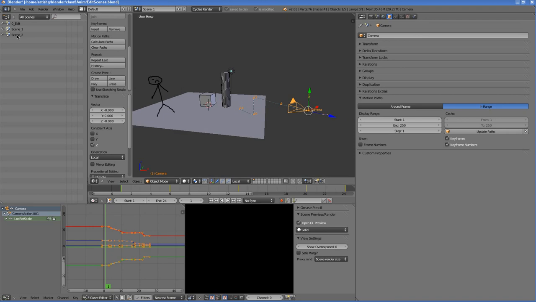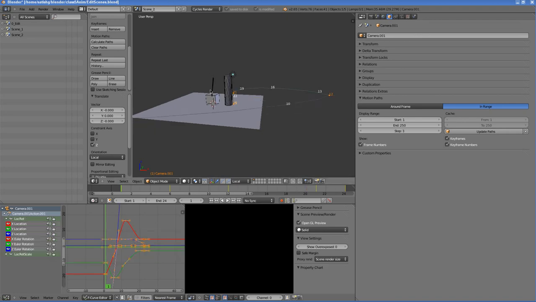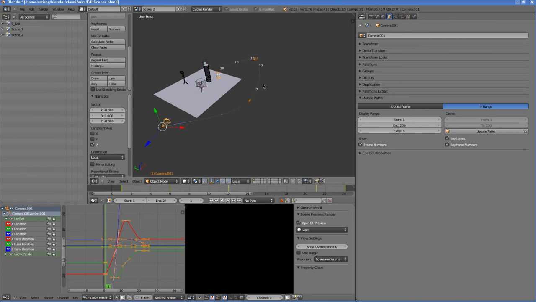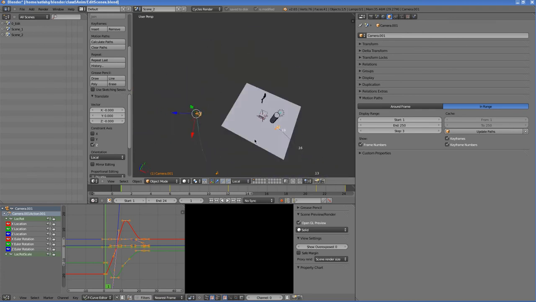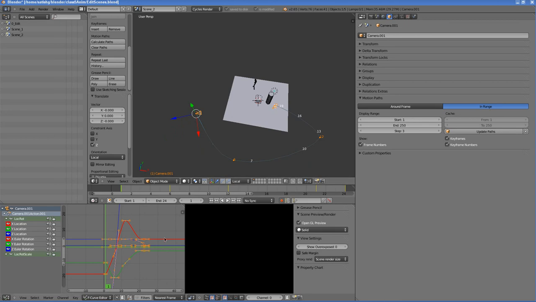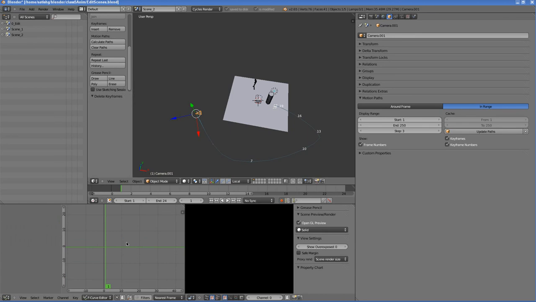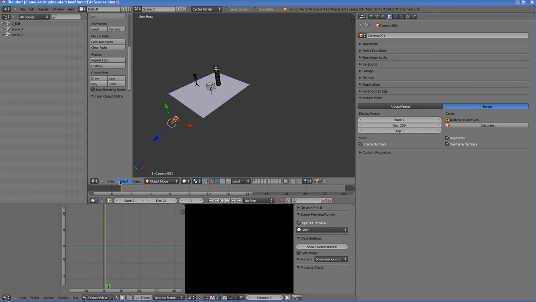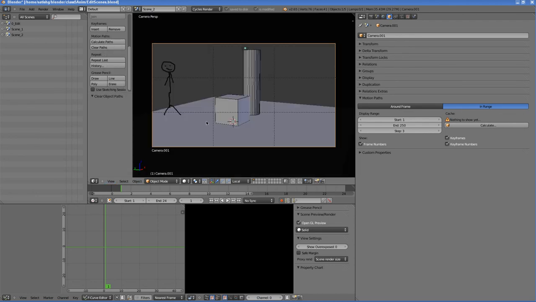Now in scene number 2, I did something different. You can see the camera is moving around the scene. Let me delete the keys and delete the paths. Switch to the camera mode.